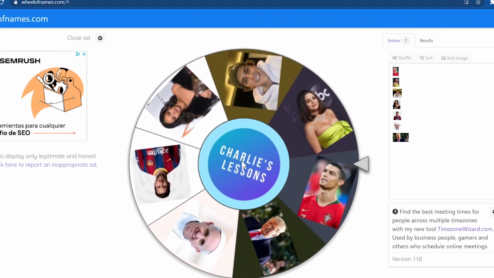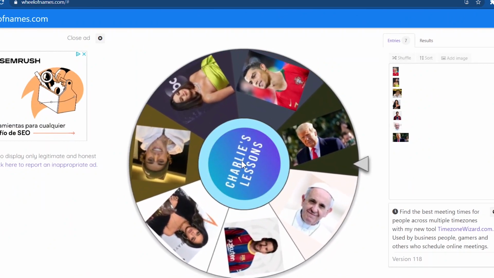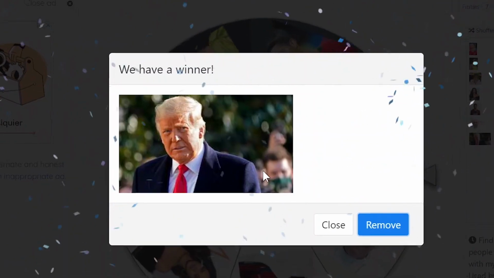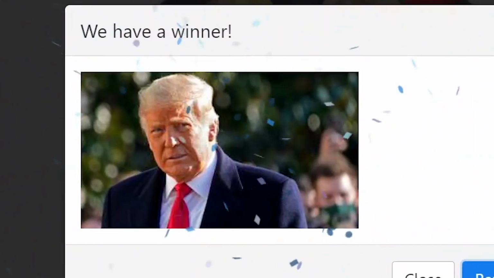Idea number 4 is with famous people on the wheel, and the students have to spin the wheel and choose a famous person to say 2 true things and 1 false thing, and the other students have to guess which 2 are true and which one is false. Oh, I didn't think I'd have to see that guy's face again.